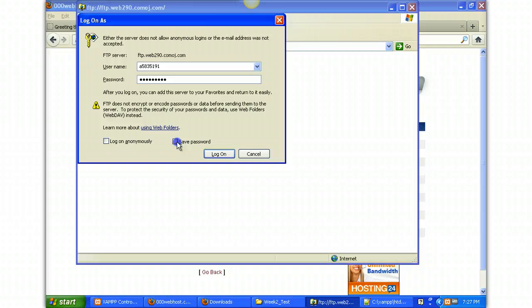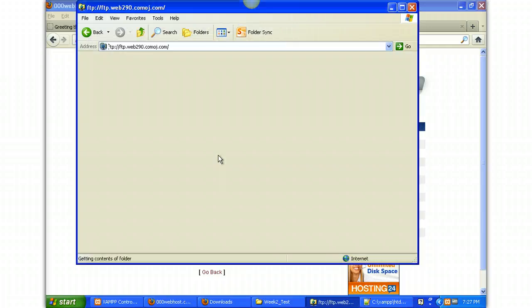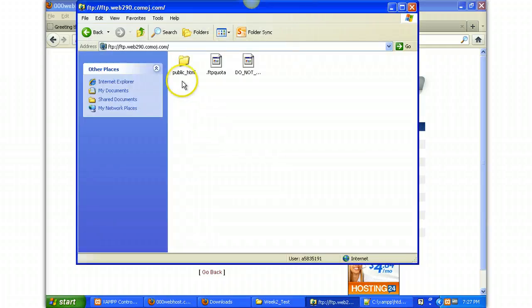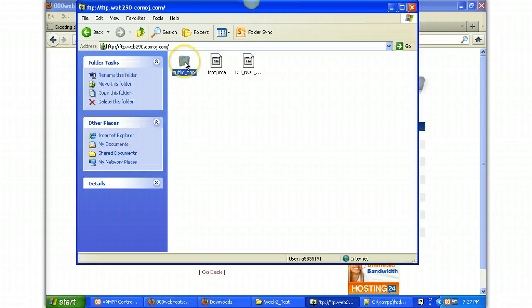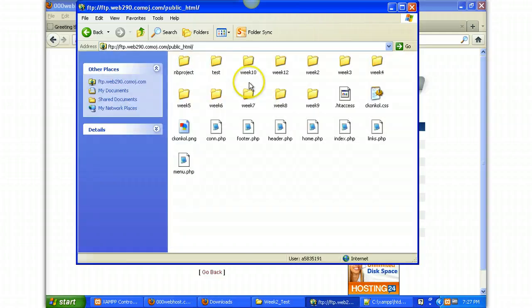If you wanted to remember the password, you can click that for your browser. Okay. Now, the only one you need to be concerned with is this public HTML page. You notice I already have some up on mine. The one thing I could do, though, just for this example is, since I don't have a Web290 in here,